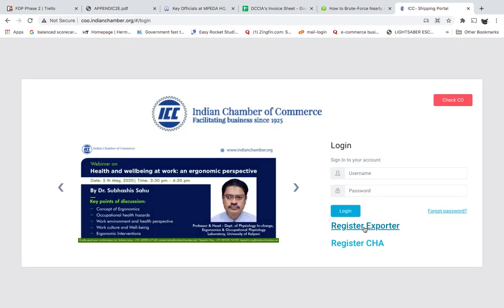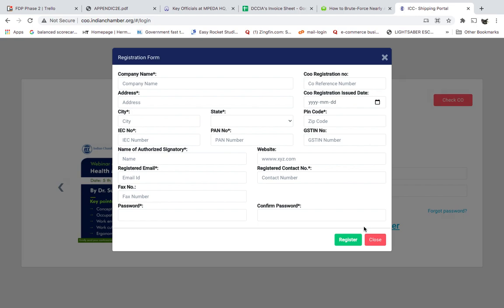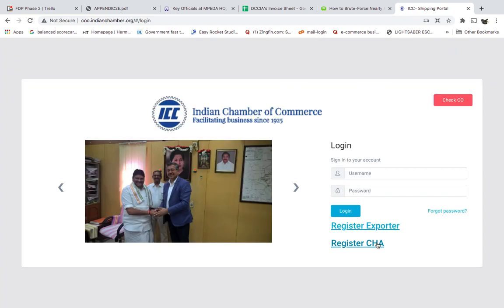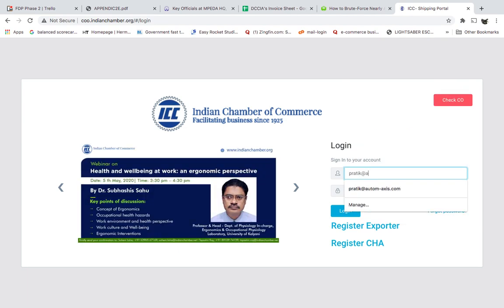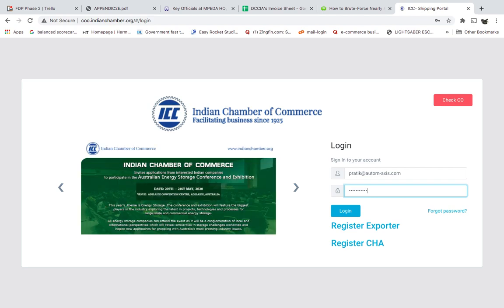Click on Register Exporter to sign up for the online Certificate of Origin services with ICC. Upon clicking, you will see a sign up form pop up where you're supposed to enter your organization details, which are marked as mandatory and optional. After filling up the form, you will get an email notification about registration, and that will be verified by ICC later. You will be notified once your account is activated and good to use for online certificate of origin. Proceed with the login credentials after your account gets activated.